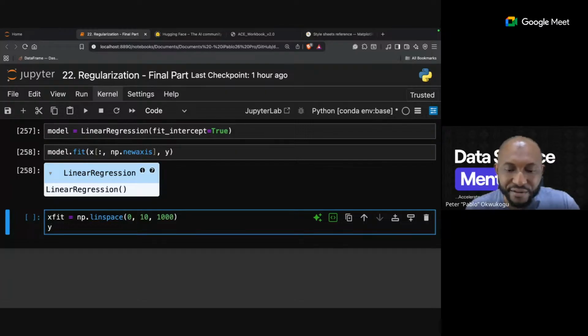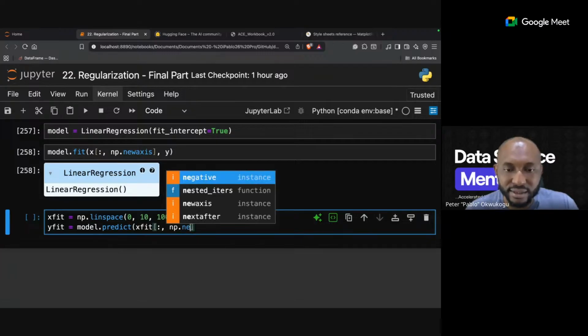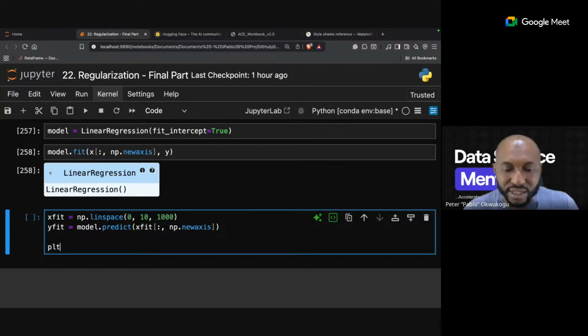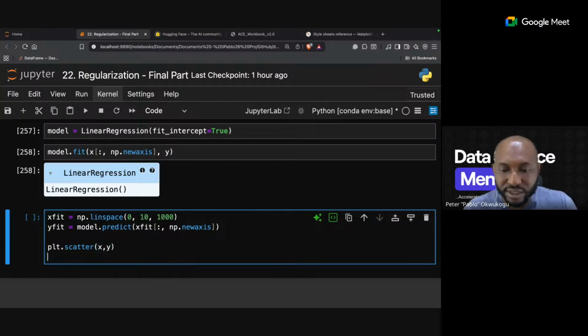Then I'll call this yfit, and I'm now saying model.predict, and with that I take xfit, and just like I did before, I say xfit[:, np.newaxis]. Then the next thing I do is plt.scatter with x and y, and then plt.plot on top of the scatter plot, with xfit and yfit.